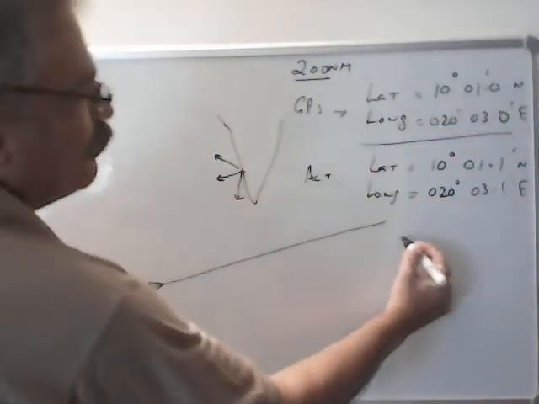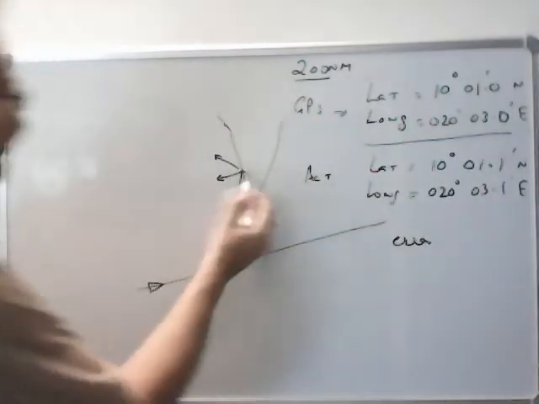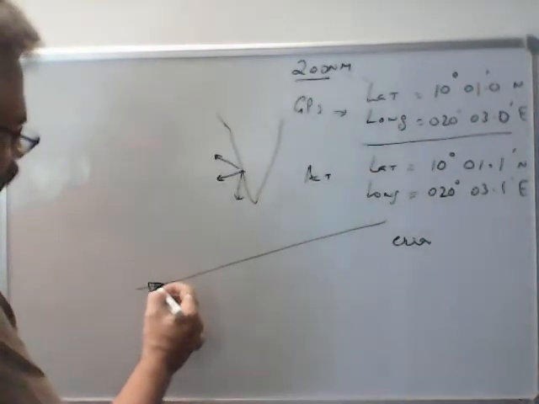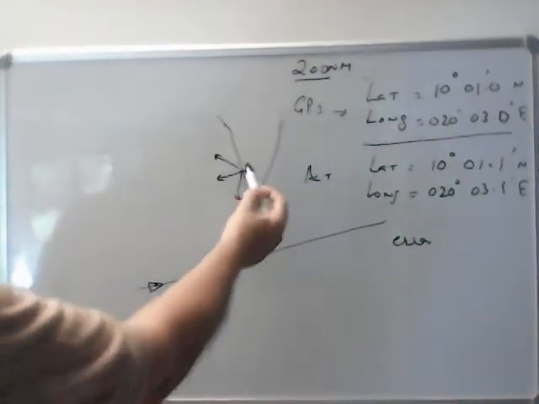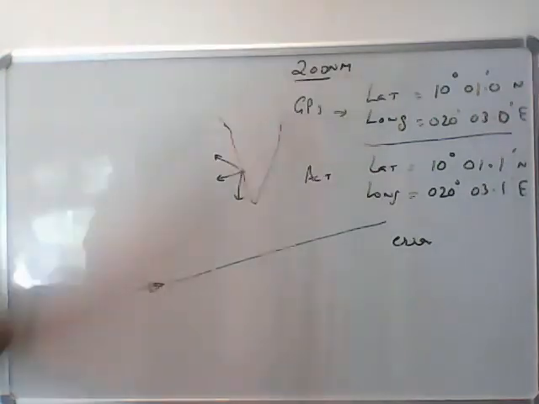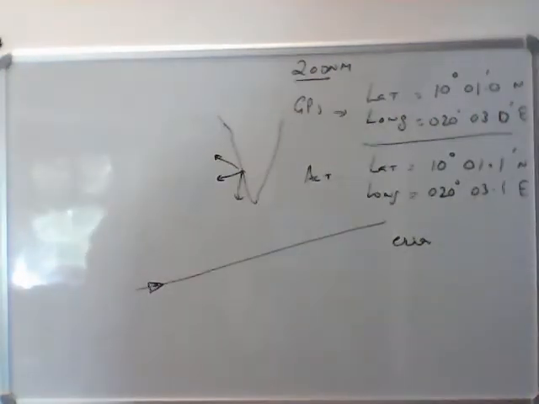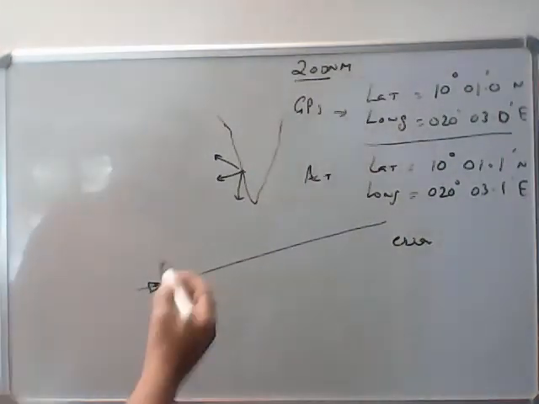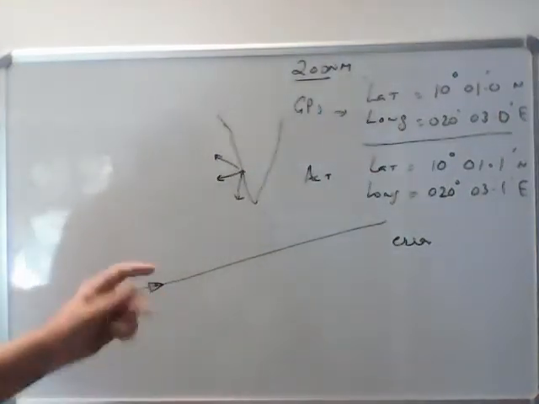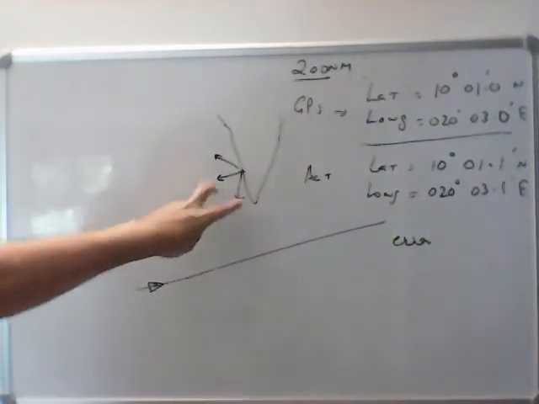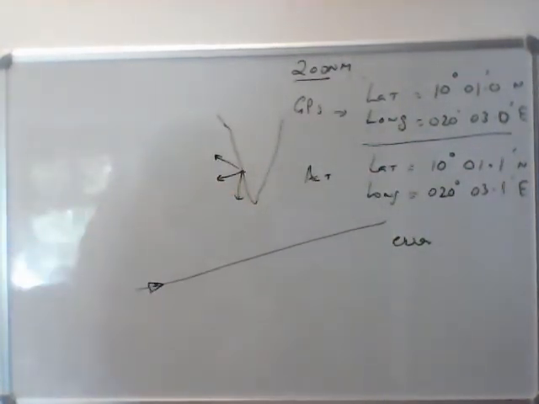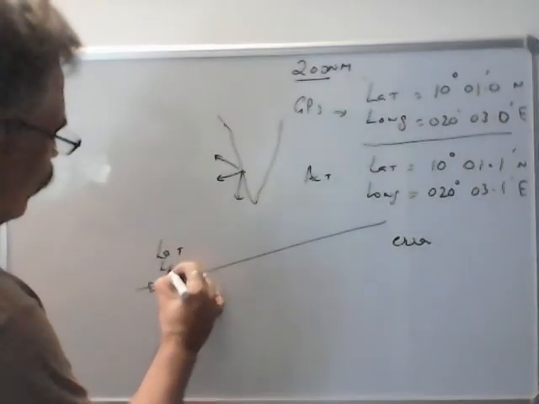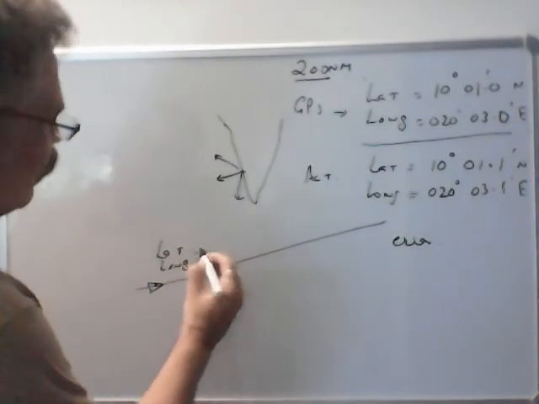This error is transmitted to all ships. So the ships which have differential GPS receive this signal. Also, they receive signals from the satellite, and whatever the GPS was showing, it receives this error, and this error is applied to that latitude and longitude, and then it shows you a more correct latitude and longitude, a more correct position of the ship.